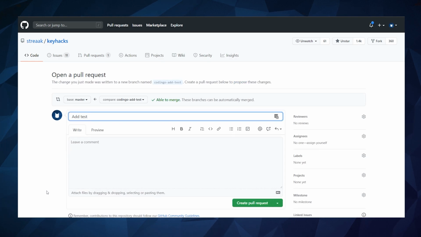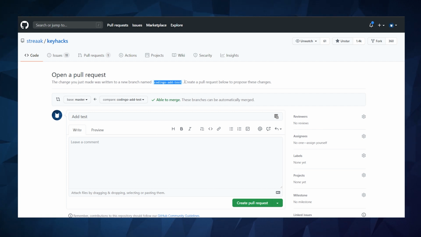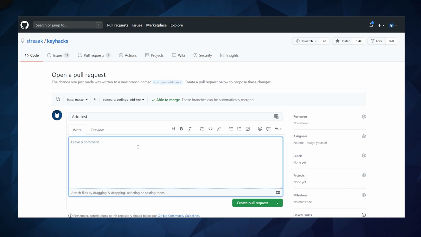And a pull request is saying, this branch, Kadingo add test, has changes in it that would benefit the main branch, and I believe you should pull this into the main branch to be part of the broader project. And then testing for a video, please ignore. And so then when I create the pull request,